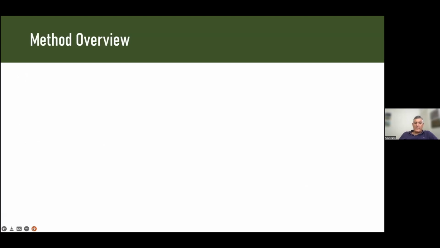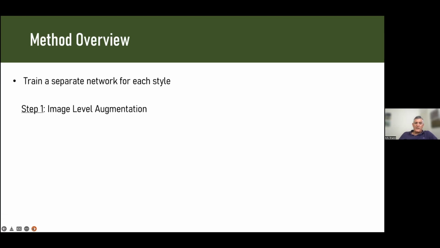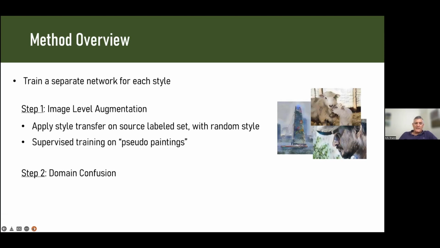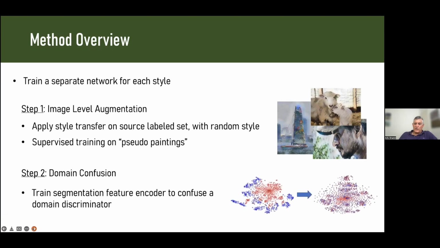So the overview of the method, as I said, includes 2 things. First of all, we train a separate network for each style, not for all of them together, because of the differences in style in each art movement. The first one is image level augmentation, where we create what we call pseudo images. The second step is to create what we call domain confusion, where the learning network cannot recognize the difference, or in fact, it will use only features that are common to both the different domains,